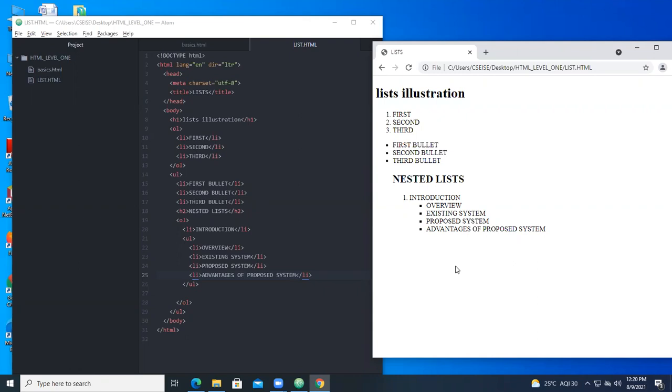Have you understood this particular concept? Yes. Yes, have you understood? Is it remaining?